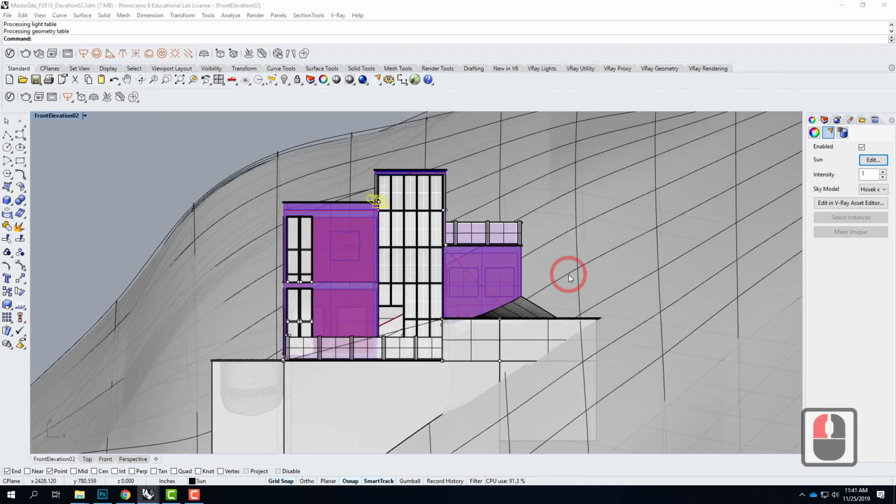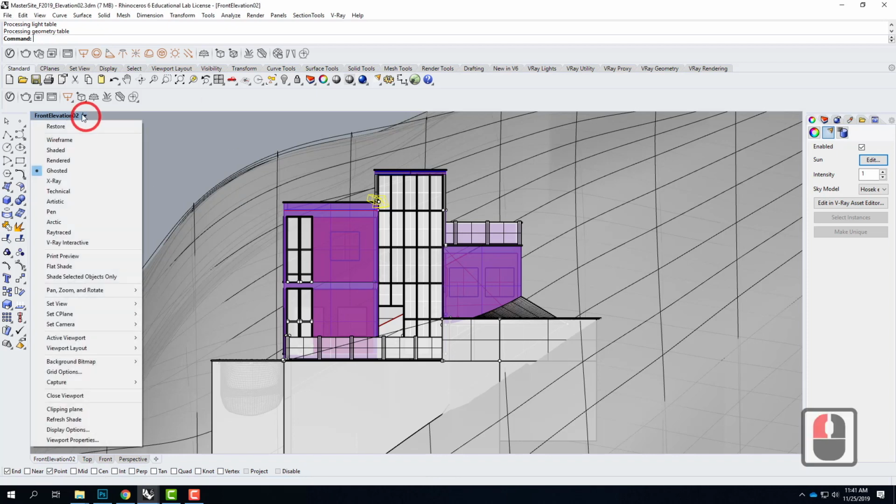I want to show you another option for these, and this was something that I hadn't done in previous versions of Rhino, but I think it turned out pretty nice when I was playing around with it. I'm going to switch my view. Instead of in Ghosted or in X-Ray, I'm going to come down here and play with some of the other view styles. This is kind of like scene styles in SketchUp. But I'm going to go to the Arctic scene style